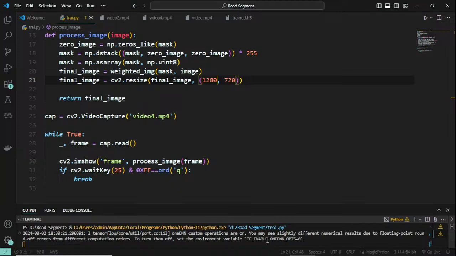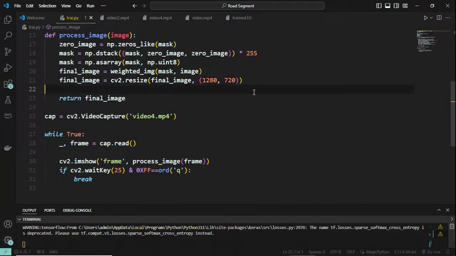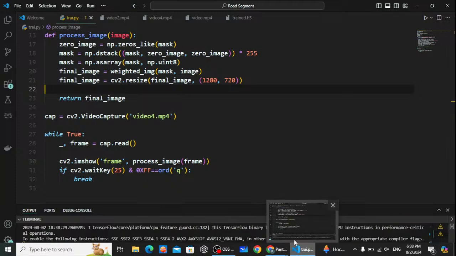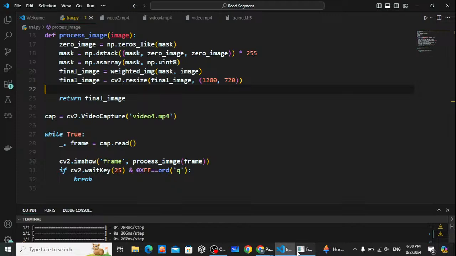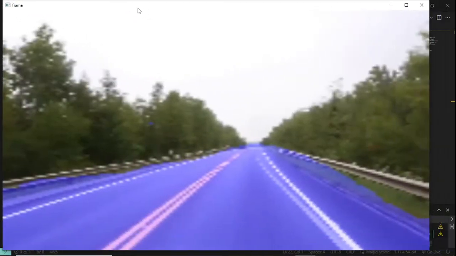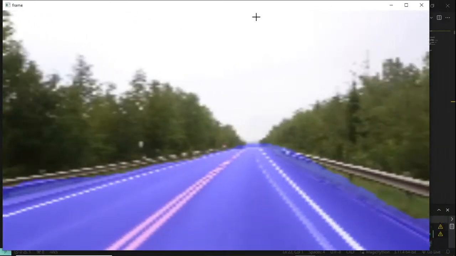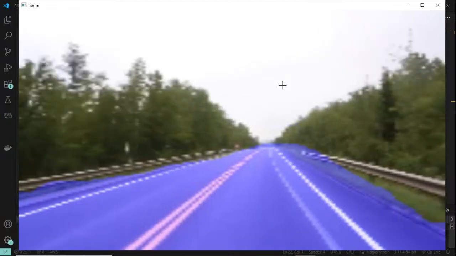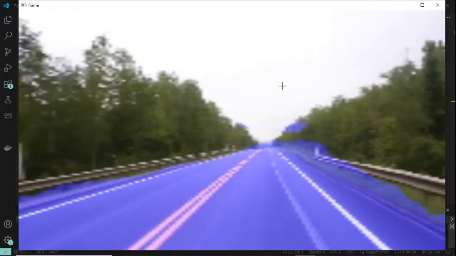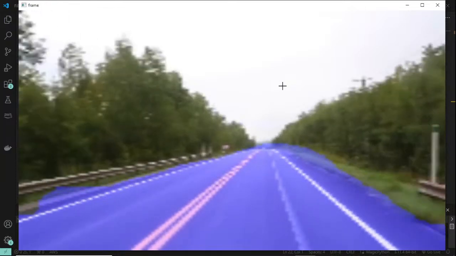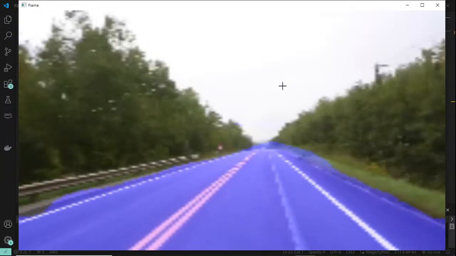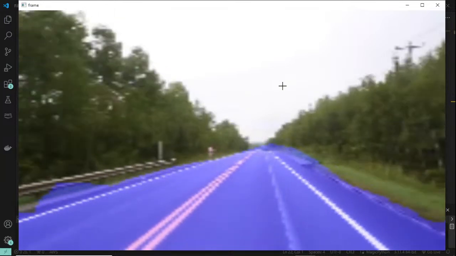It is not mainly for inference, but still it is doing frame by frame, so it will take a few seconds. This 7 seconds may be available for you after some time. So this is the original one. Let us see frame by frame. I hope you can see this. It's slow, but if you want it to be smooth, you can save or export this as a video and then view it. Okay, so now we are interested in that particular frame where a car will be coming,